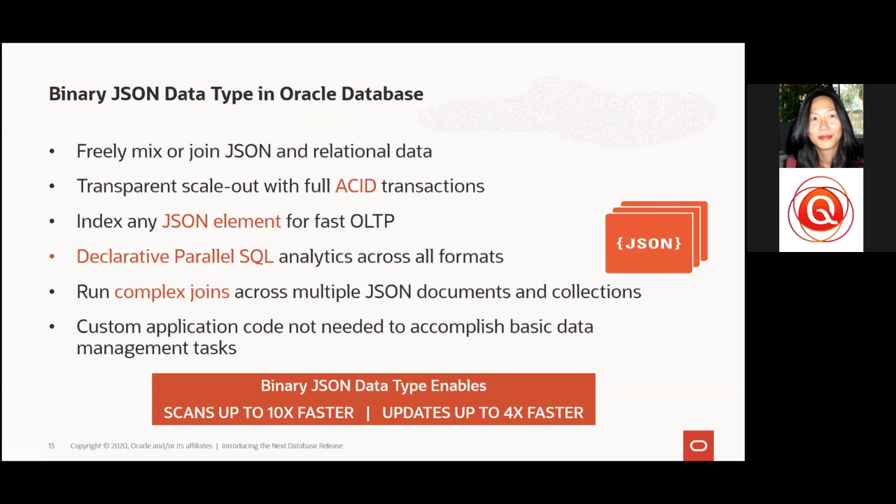Another capability in this area is the binary JSON data type. So we've supported JSON blobs, large objects, for a number of releases now, and we actually do have customers using that capability in production. However, we want to make sure that not only are we providing a converged database that is in some ways a jack of all trades, but we also want to be the master of all, meaning that whatever we introduce and offer through the database engine, we want it to work as well as it can be,